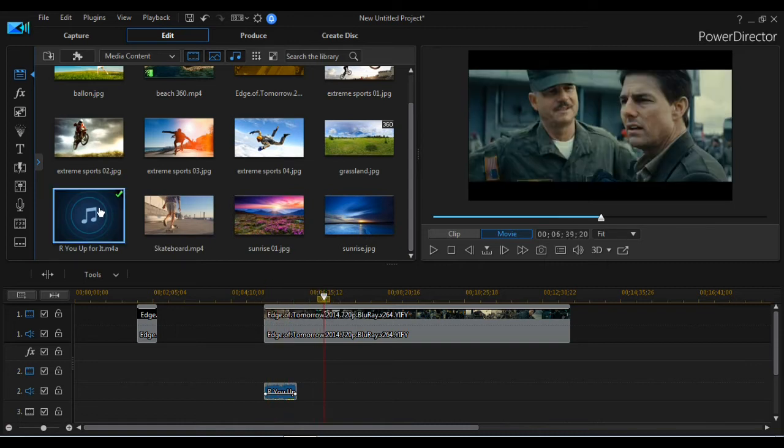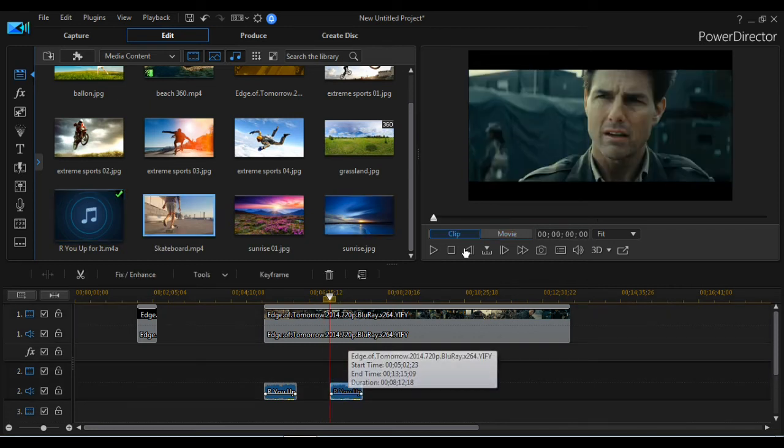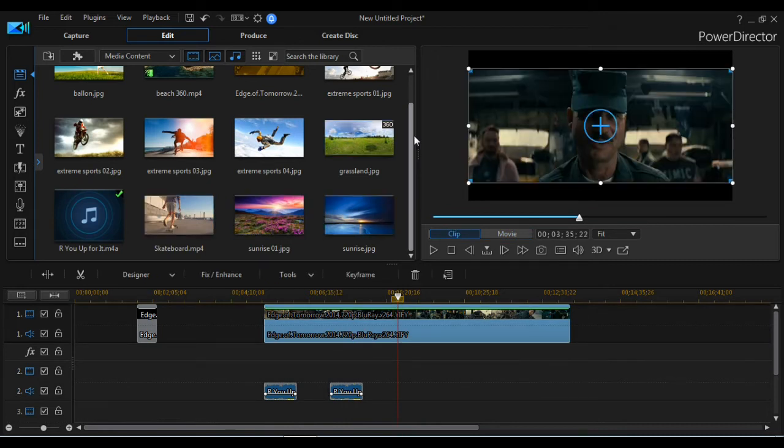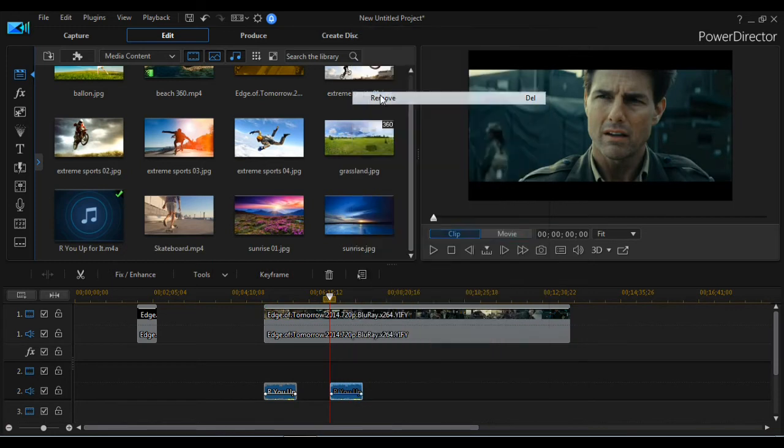It is very simple. You need to take this and put it over here. That's all. It is pretty simple to do. It doesn't require a lot of effort. So it is very simple to do. And next, the last one which you are going to see is how to add a text.